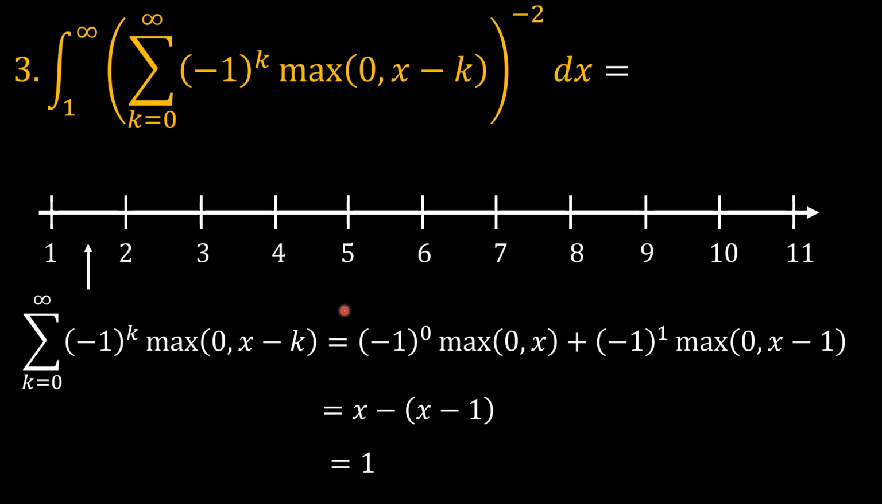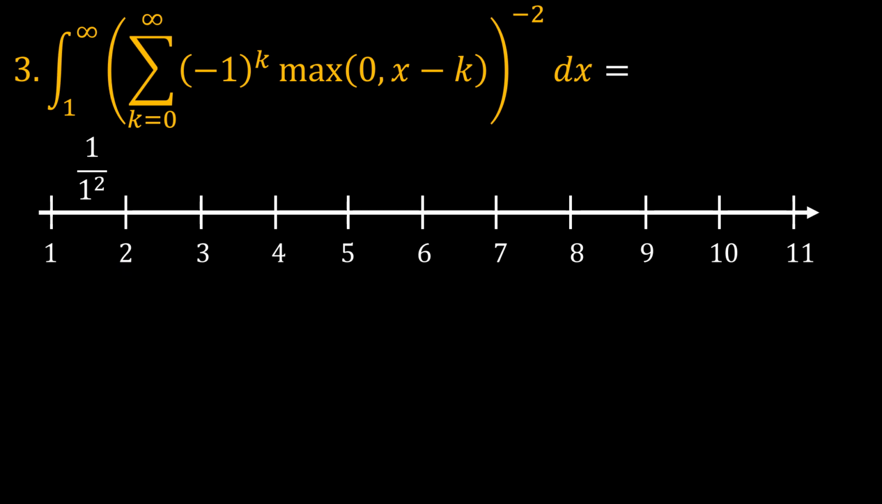So this becomes 1 over 1 squared. So that is what we see in the interval 1 to 2. What about when we go to 2 to 3? What happens there? It means that then the summation becomes